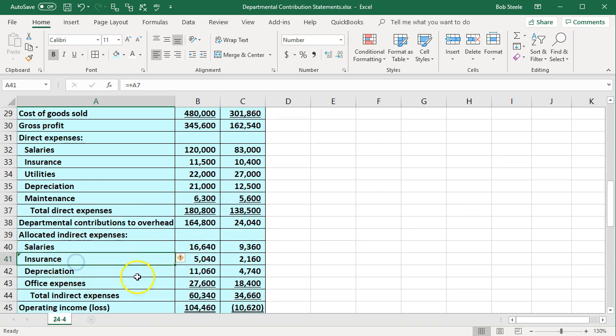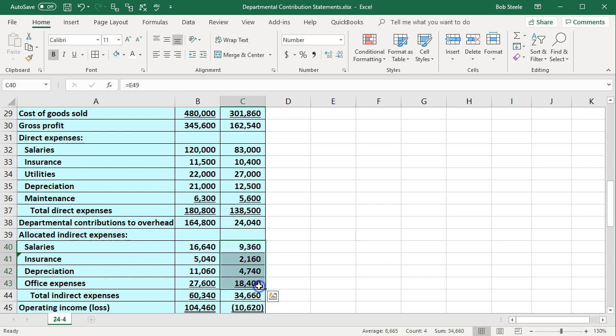And by the way, I just adjusted that. It should be insurance and then depreciation. But in any case, we couldn't eliminate all of these items. And therefore, really, the bottom line is this item, the department contributions to overhead. And that's still positive. So unless we dig into these numbers and say, we can eliminate more than 24,000 of